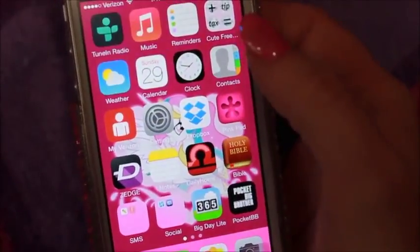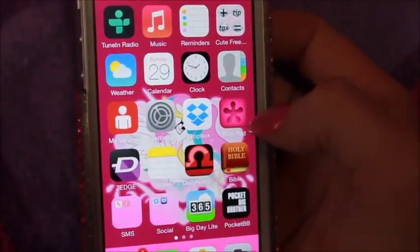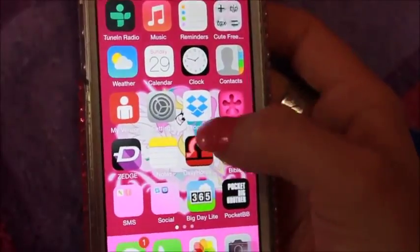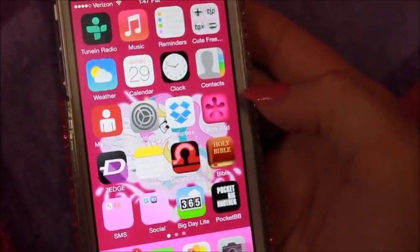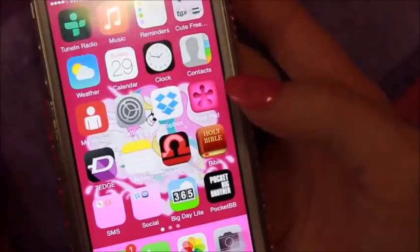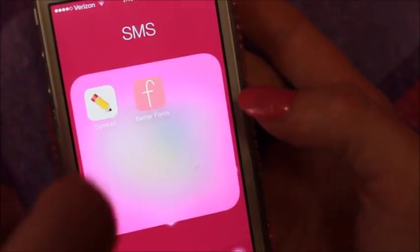settings, Dropbox, which you guys know I've talked about before, is just a file sharing app, PinkPad, which is a period tracker app, Zedge, which you can download ringtones and wallpapers and fun stuff like that, Notes, Daily Horoscope, which is basically exactly what it says it is. Then I have the Bible app, and then down here in this little SMS, I have Better Fonts, which is